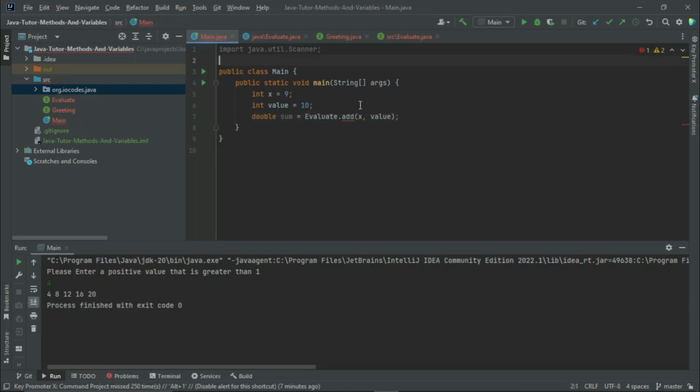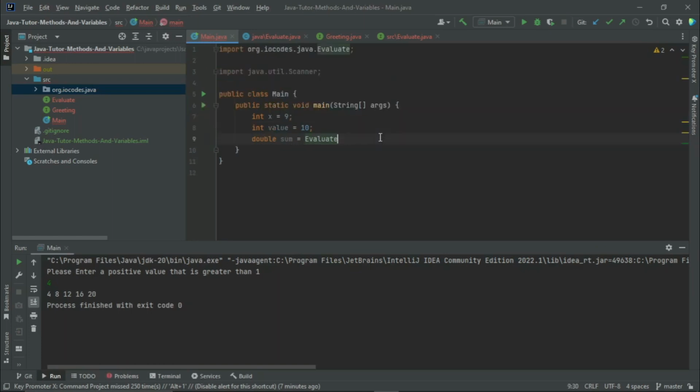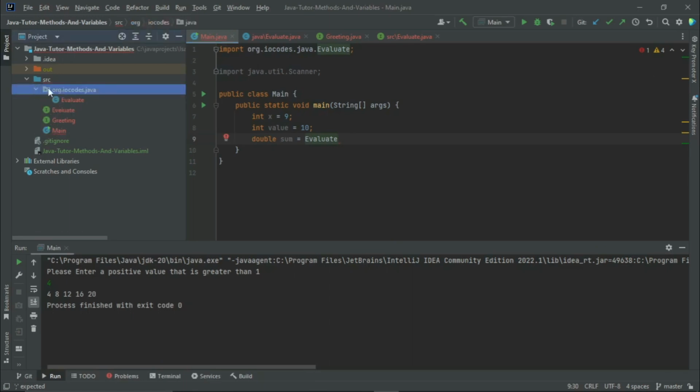Okay, I'm going to remove the whole of this stuff again to evaluate. Now we are going to click on this part that says evaluate org.iocodes.java. I'll press enter, and as you can see, it has imported the evaluate class. The reason is because my evaluate class is not inside this default package that has the main method. I have another package that has the evaluate class. So for that, it is going to import the class from the package, and it's going to